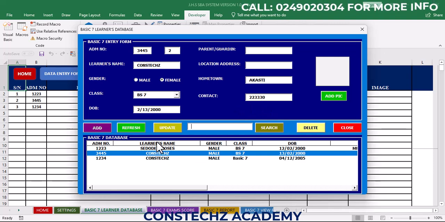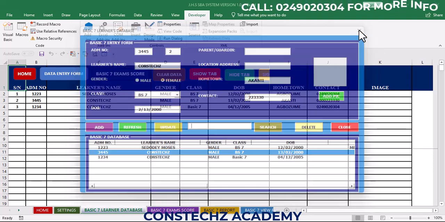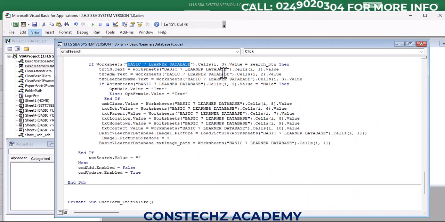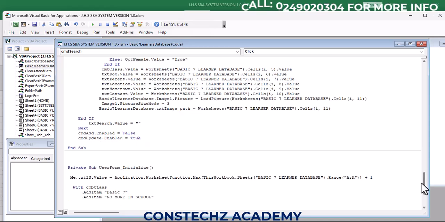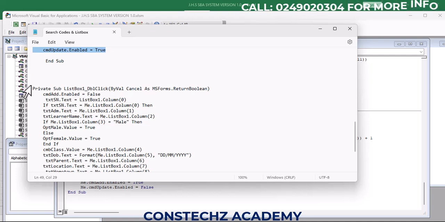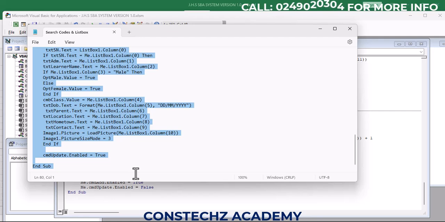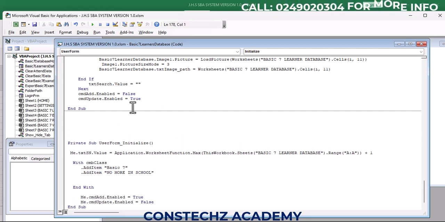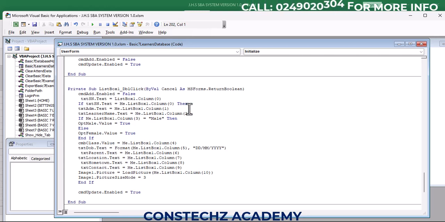So let's look at the list box. I'll just copy this line of code and paste it, and then I'll explain it to you. I can paste it anywhere, so I'll just paste it here. Okay. Now, if you look at this line of code,